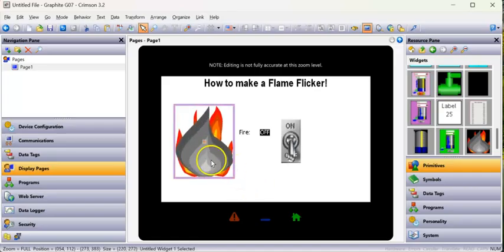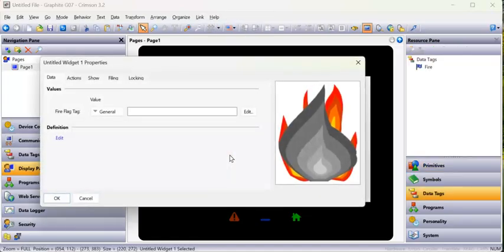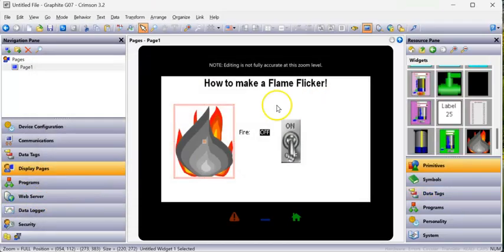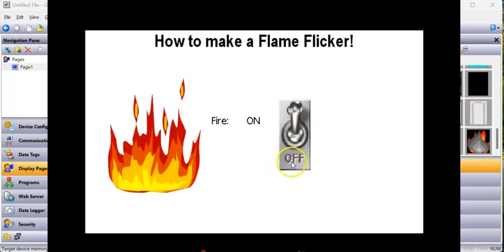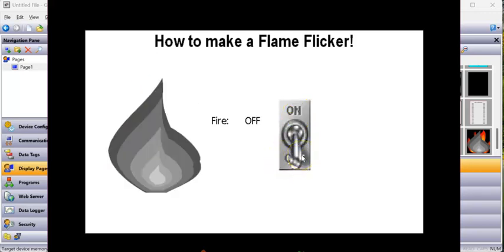Now watch. Right click on this thing, go to properties. I need to relink that to my flag or boolean tag. So I'm going to grab this guy right here, boom, put it right there. That's going to link it to the show item of both of these. So let's go and click OK. Let's download. Let's see what it does. Boom. There it is. Anyway, quick video on how to make a flame